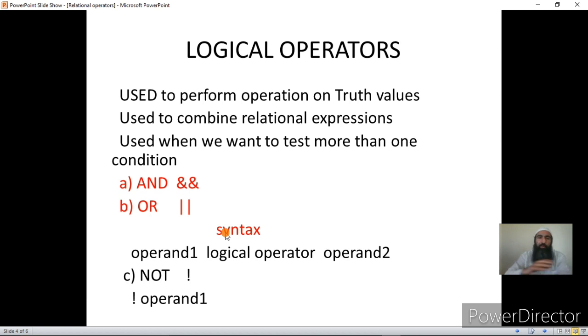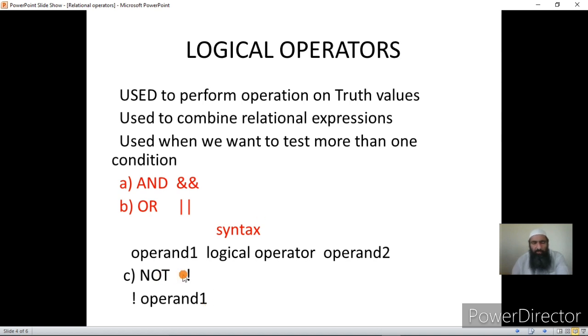We have only one ternary operator in C, that is the conditional operator, which acts on 3 operands. So far as logical operators are concerned, they will act upon 2 operands, and the syntax will be: first you write operand 1, then you write a logical operator, then you write operand 2. But operand 1 and operand 2 must be truth values. That means they must be representing a truth value. Truth value is represented by 0 in case it is false, and by non-zero in case it is true. Now we will take 1 as true.